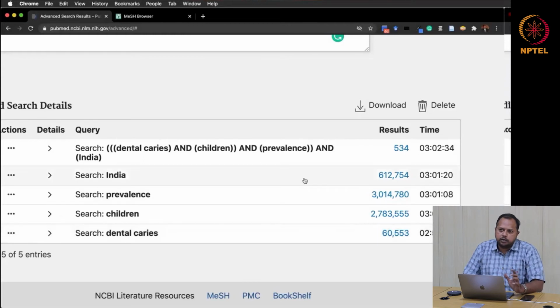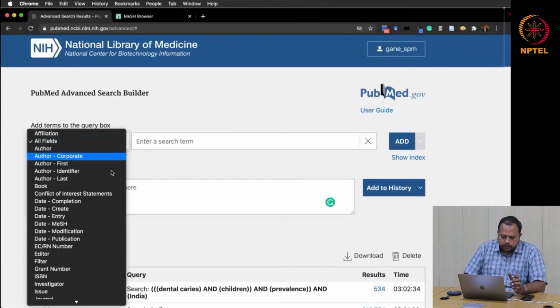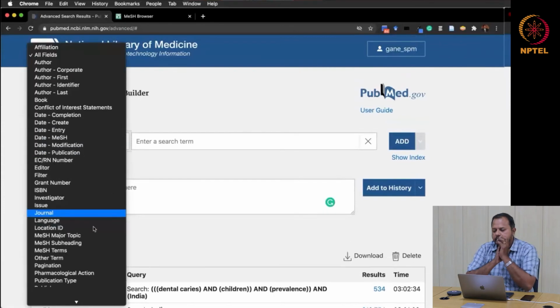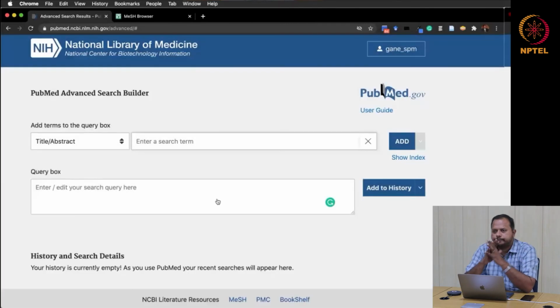Rather than that, if you still want to go broader, I suggest the most important hack: rather than going for all fields, if you click this drop down box, you can see there is something called title and abstract. You can search the same terms in title and abstract, listing those articles which have these search terms either in the title or in the abstract. For the time being, I'm deleting all my previous search in order to avoid confusion. Please remember we had 534 articles. So I'm deleting all the search now. Okay, right? Fine. Now I'm going to do a fresh search only with the title and abstract.